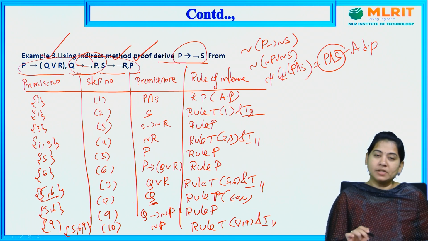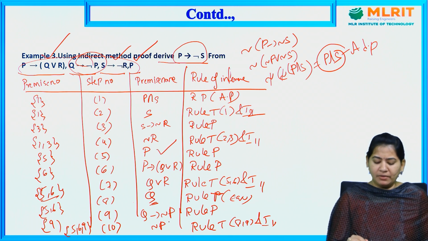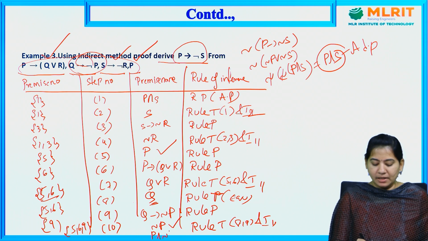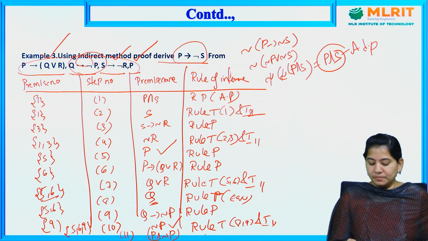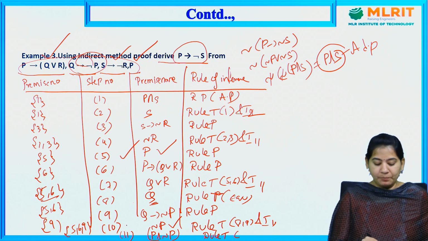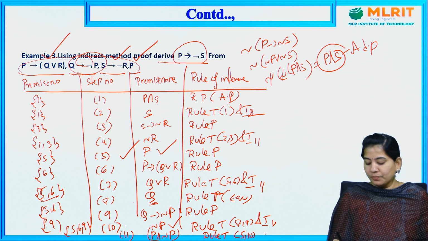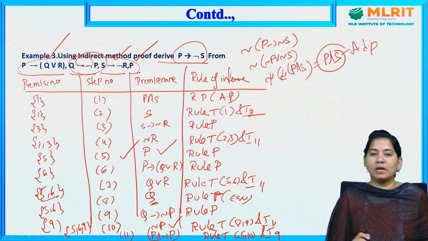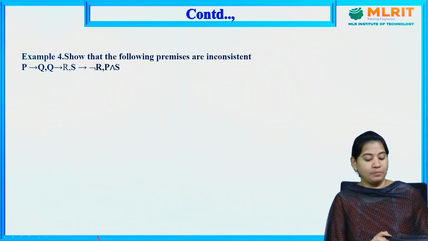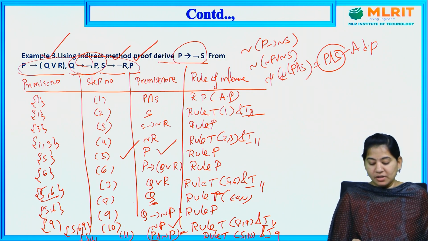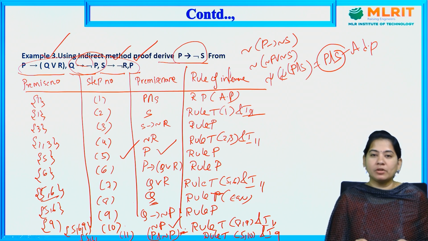Now if we observe here, we got P and we also got negation P. So at last you can write it as P and negation P, which is our contradiction format. So this is step 11 and this is, we can say, rule T for the steps 5 and 10, and this is called the I9 formula we have used. And you will get the steps as same here, 5, 6, 9. So here if we observe, this is called contradiction format, indirect method of proof. So like this you can solve the problems here.